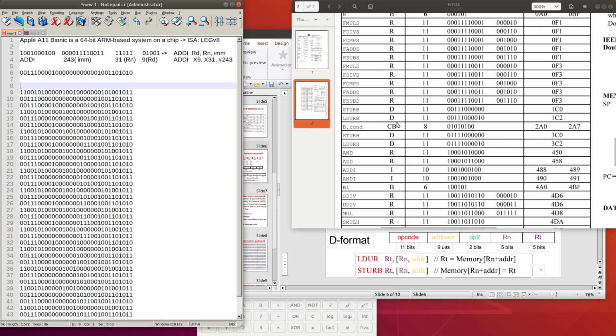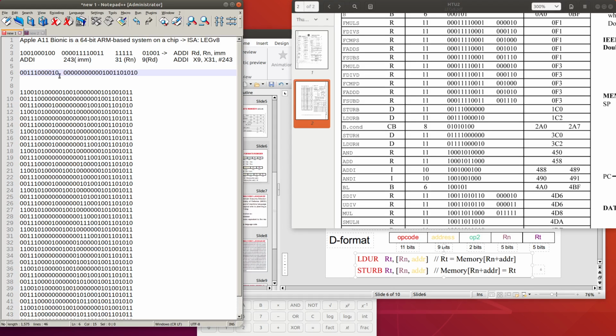It is a D type, D format. So we know the opcode for this D type will be 11 bits. So we cut it into 11. So here we have 11 bits: 2 zeros, 3 ones, and then 4 zeros, and then 1 and 0.